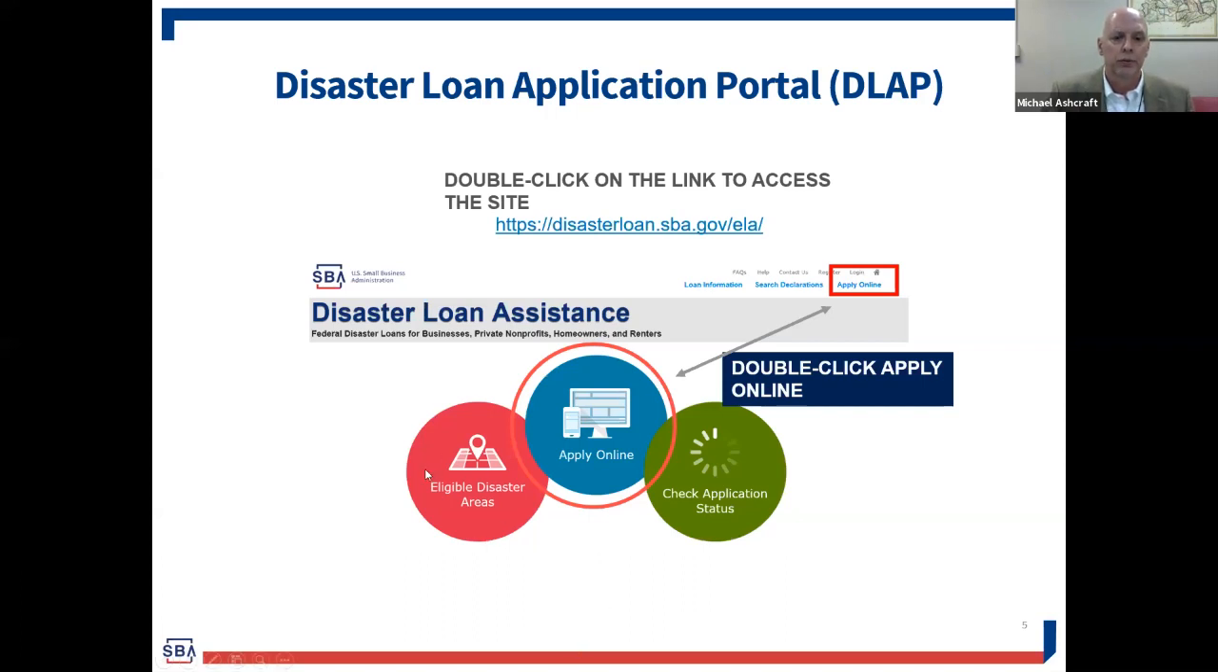So what you will do is, as you're starting that application process, you'll go to the first tab, Eligible Disaster Areas. Make sure, and we've got another slide later on that we'll talk about, make sure for Kentucky, when you go on to sba.gov/disaster, it'll take you to this link right here,